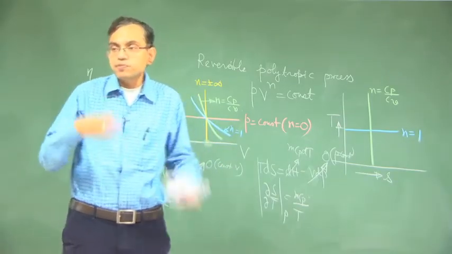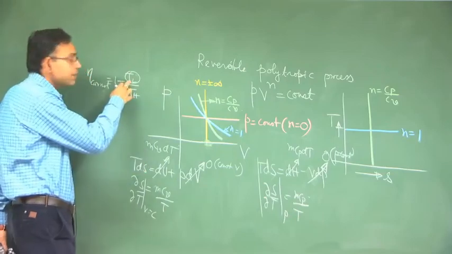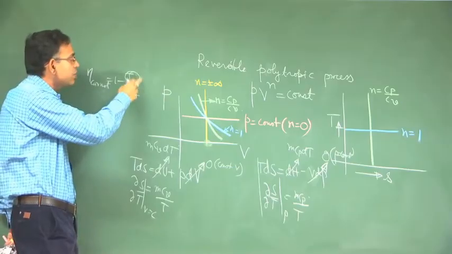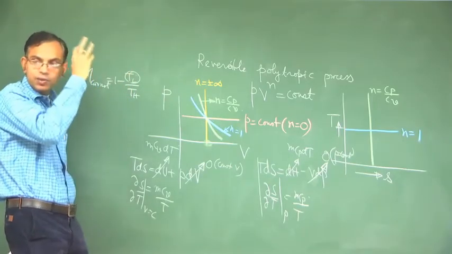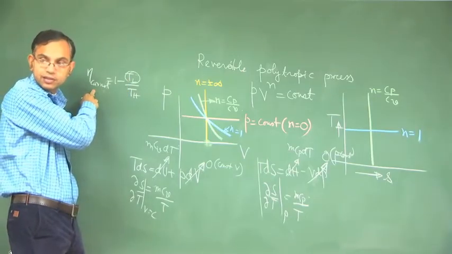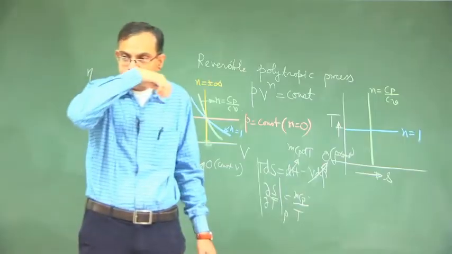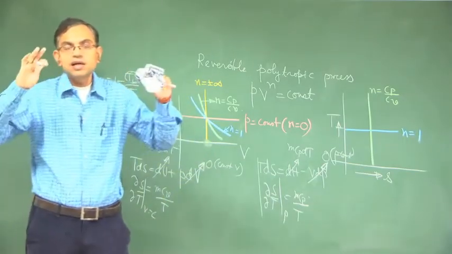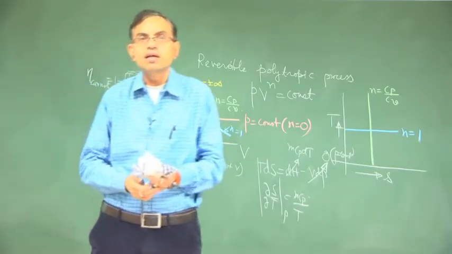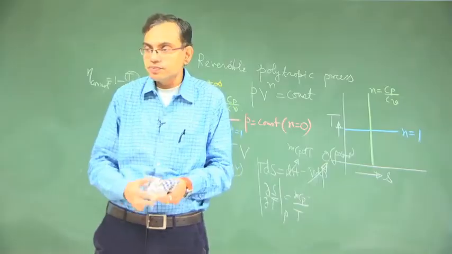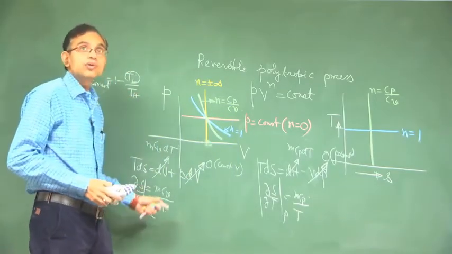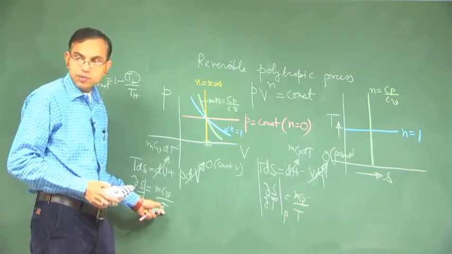So attaining an absolute 0 is a physical impossibility, maybe you can go very close to absolute 0, but you cannot attain absolute 0, because if you run a hypothetical Carnot cycle with TL as absolute 0, then its efficiency will be 100% and that will violate the Kelvin Planck statement. So this is just a different approach of looking into why the second law of thermodynamics does not allow you to attain absolute 0. Okay. So the moral of the story which we want to use here is that the temperature is positive.